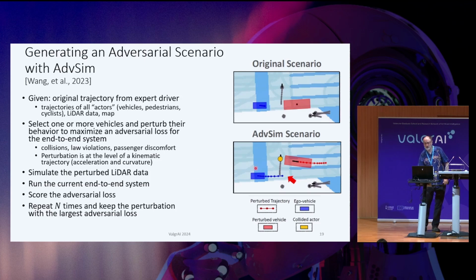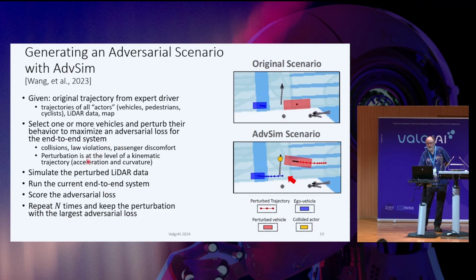And then having perturbed it, their proprietary expertise, I believe, is being able to now generate the LiDAR data that would be measured under that situation. So they can take the original LiDAR data and update it. And then they run their system end to end and see if it causes a collision. And in this case, when they run it end to end, now the blue car, which was waiting for the bus to move, instead moves forward and strikes the pedestrian. So it's a very serious harm, a collision there. So this adversarial process has succeeded in finding a new bad case.